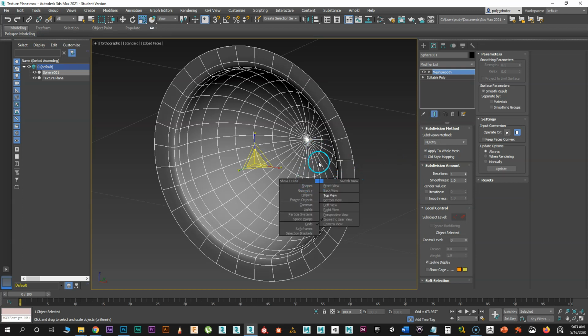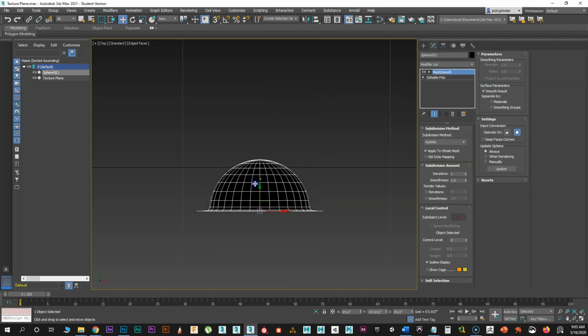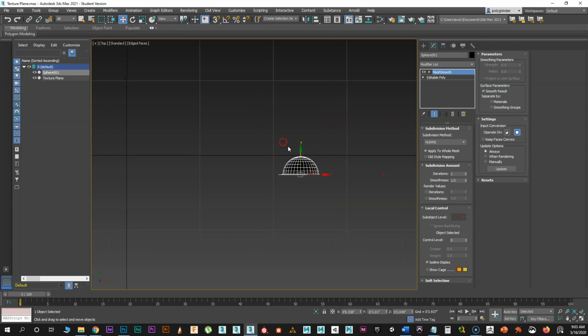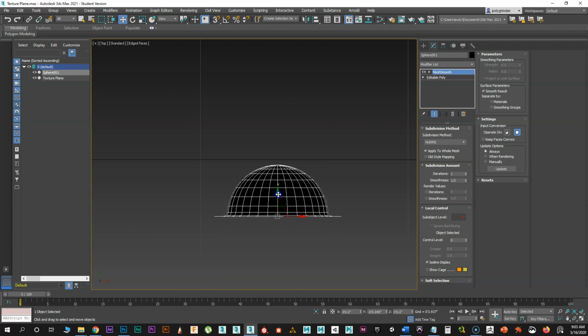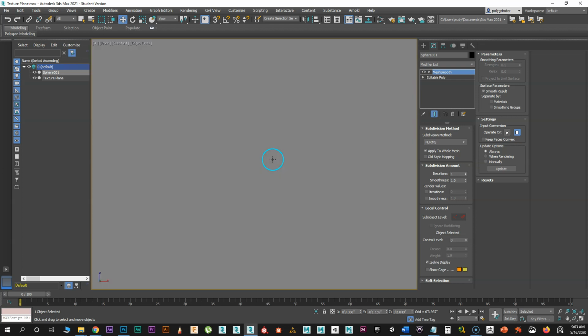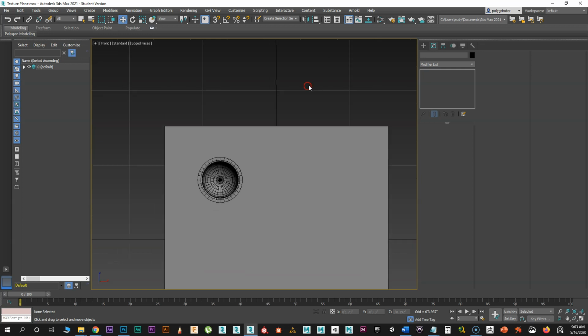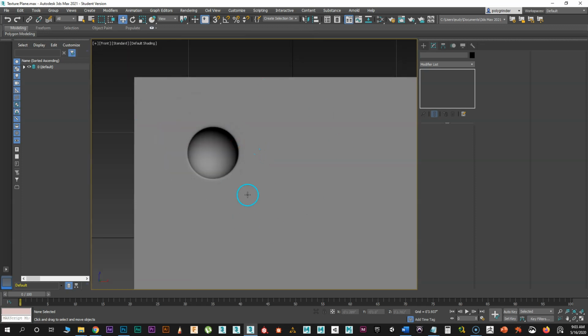All right, we go to the top view. Then we need it to be in front of our plane. This is our construction plane right here, so we need it to be in front of it. It doesn't matter how far out in front it is, it's just got to be out in front of us, so don't let it be clipping into this. Then we go to the front view, and we can pull it over on top of here. And then when I turn my wireframe off, you'll see it looks like it's cut right into our plane, even though